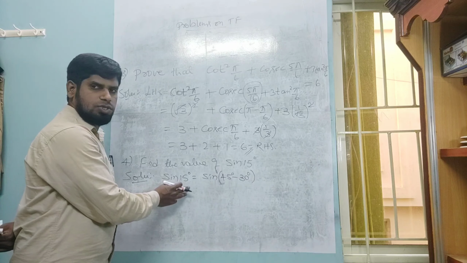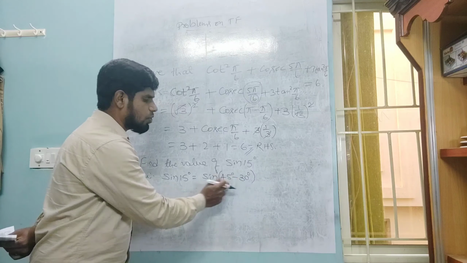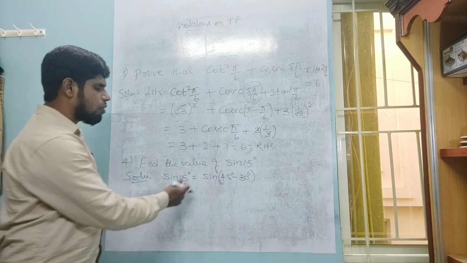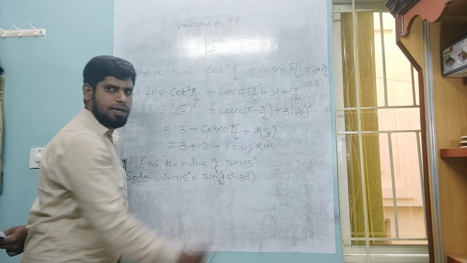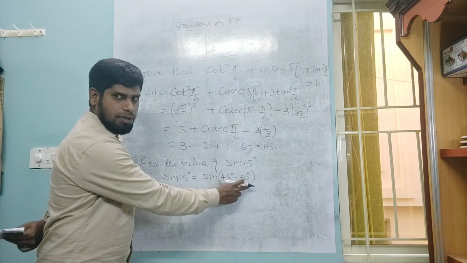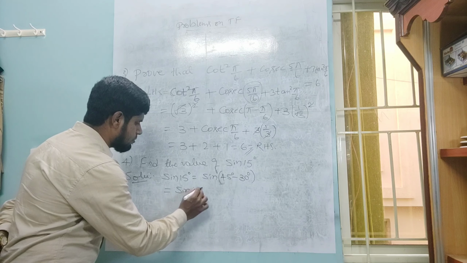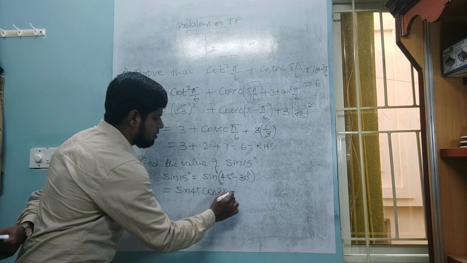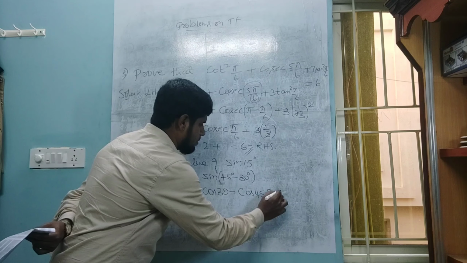I have many ways to write 15 degrees, but the purpose of taking sin of 45 minus 30 is that both are known to me. I can take 10 plus 5 also, sin of 10 degrees plus 5 degrees, but both are unknown there. So I have taken whichever is known to me. Known is 45 and 30 degrees. So this is in the form of sin of x minus y. The sin of x minus y formula says that it is sin x cos y minus cos x sin y.